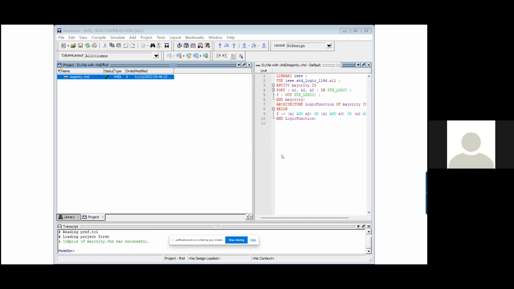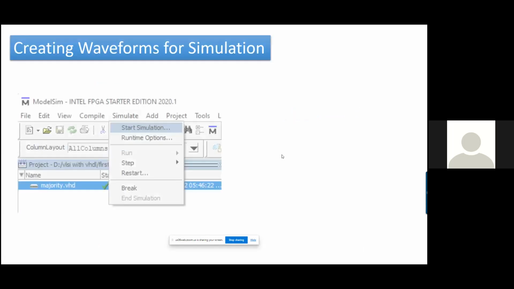Once we compile, now the status becomes green. Then we go for creating the waveform. For creating a waveform, we select a file in the existing project, and then we go to the simulate tab and start simulation.